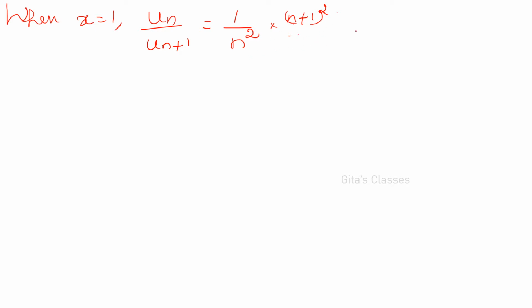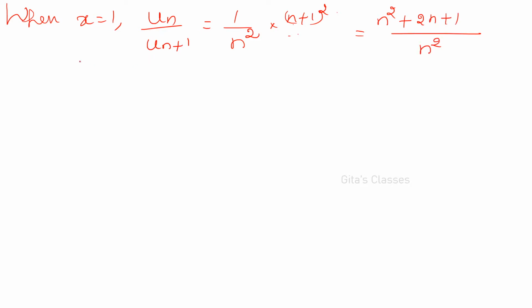So, you take n squared outside. So, n squared into 1 plus 1 by n divided by n squared. Or you can keep it as it is. N plus 1 the whole squared is n squared, because we are going to subtract 1 and also simplification will be easy. So 2n plus 1 divided by n squared.